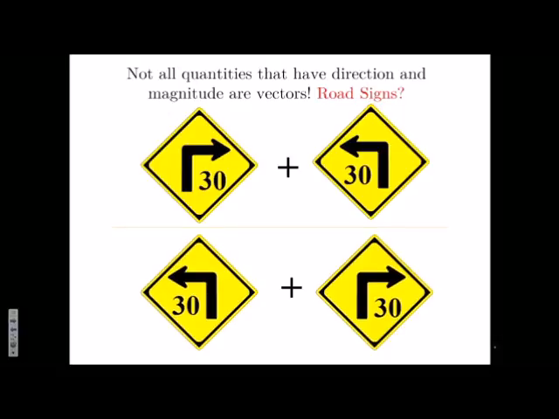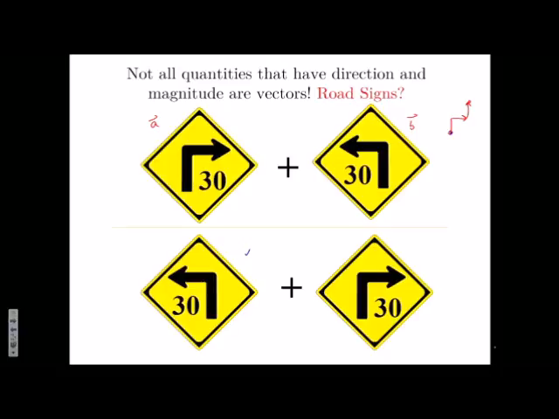So let's say you start somewhere here, all right? So you first take the right turn at 30 miles per hour. So that's A. This is A. That's what you're doing. And then we take a left turn. So we get over here, right? So that's B. On the other hand, if I do B first, which is this, so I will start again